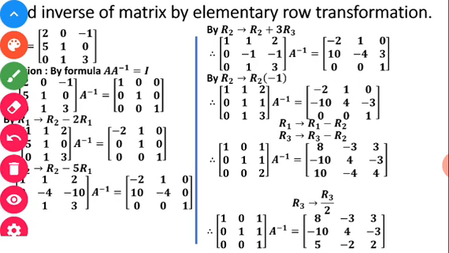Most of the times students ask me, sir, by taking this one we can make this one. 2 minus 1, we do R3 minus R1, it will happen. But if you see, if you do that operation, then this 0 will get affected. And when we are performing something, we don't want whatever work we have already done to get disturbed again. Otherwise what will happen is that this 1 will be made but this will get disturbed, and this will continue, the problem will keep continuing.